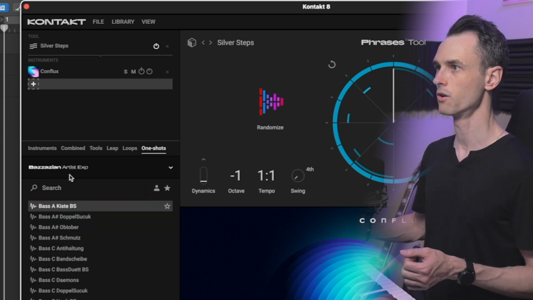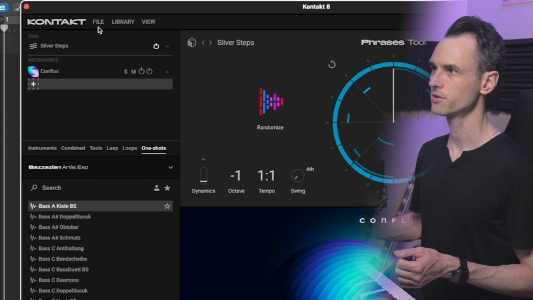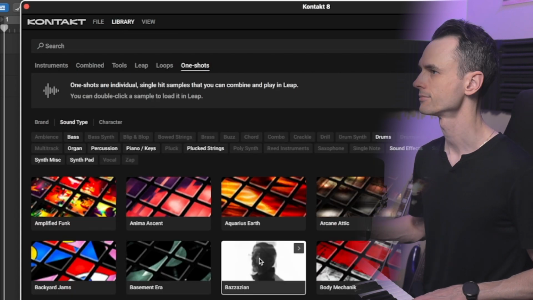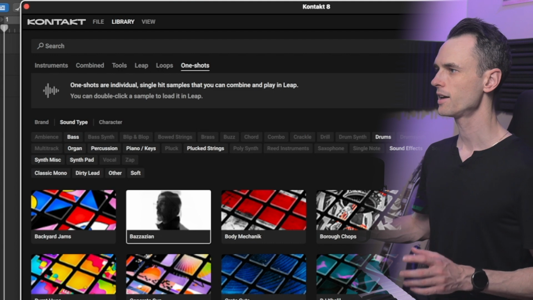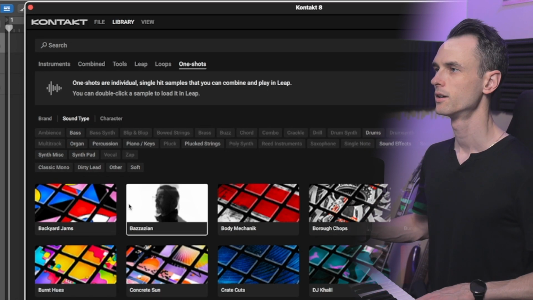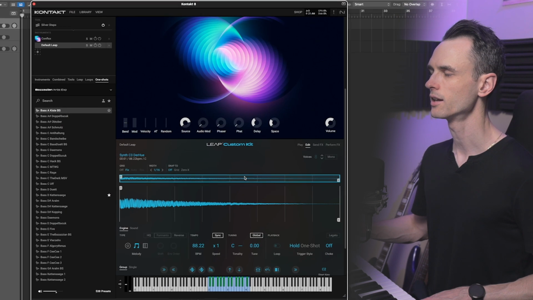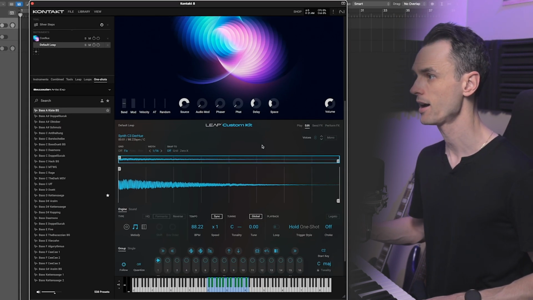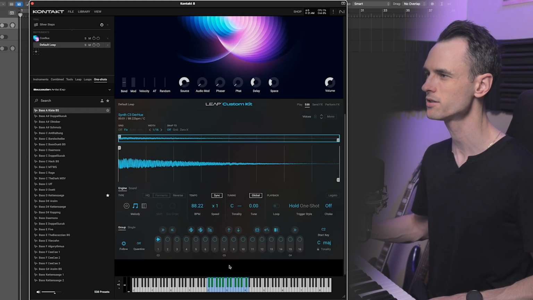expansion. So as of right now, you have to go back to the library view, go to sound type, and then choose what you want from there. So I'm gonna add this synth sound, the synth one shot from the Bazzazian expansion, add it into the rack. Looks like it loaded it up into Leap, which is another addition to Kontakt 8. I have not played around with this yet, but it is very similar to,